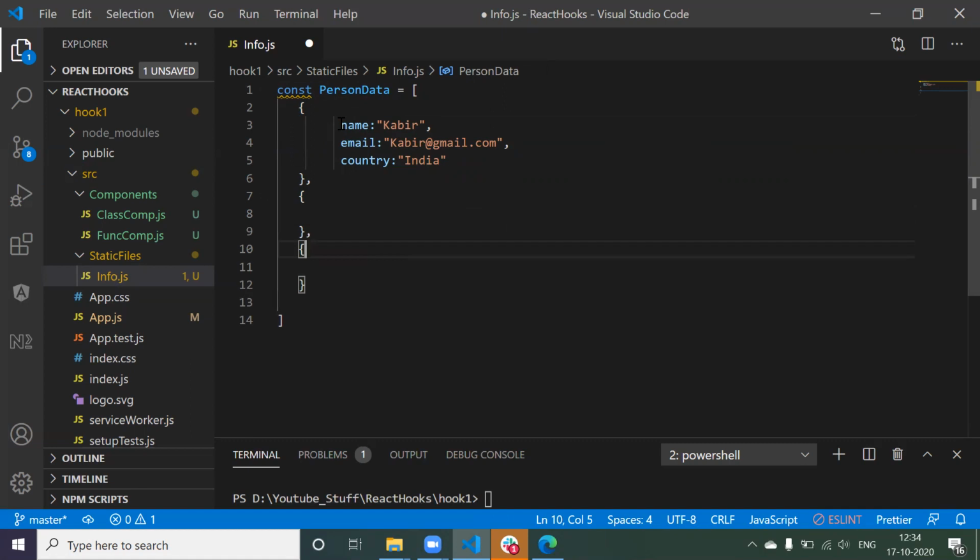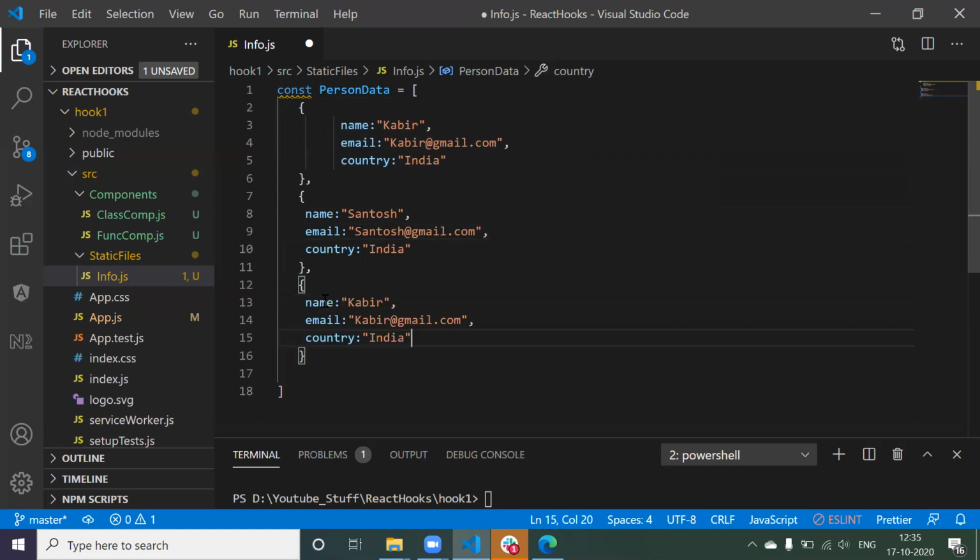Now in the same way, I'm going to copy this one and paste here. This time I'm going to say Santosh, and the email will be something like Santosh, and he's from India. In the same way, I have one more data.